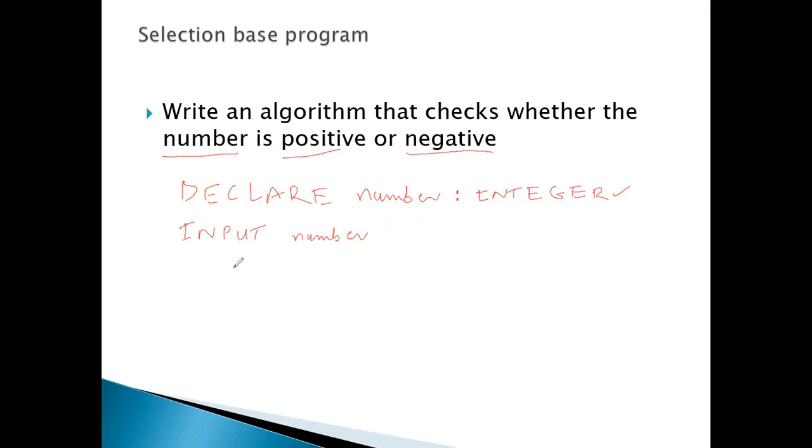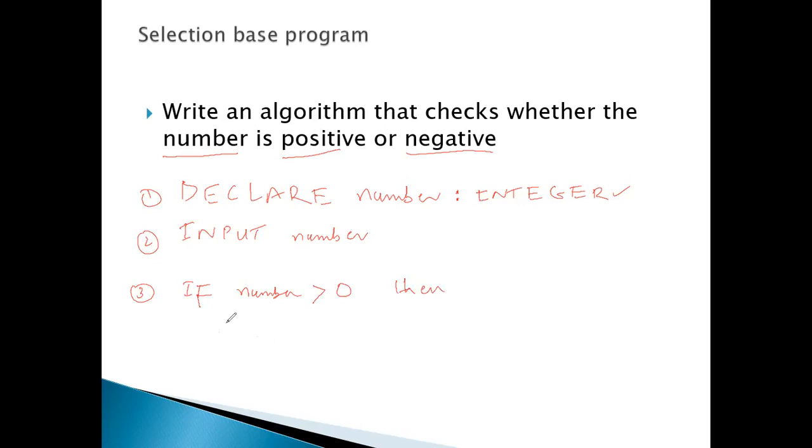The first step, you have to declare the variables. Second step, you have to give the input command to take the input from the user. In the third step, in this program, I will use the if command. If is a keyword, you will write it in capital form. All keywords must be written in capital form. So here I will give the logic: if number greater than 0, then